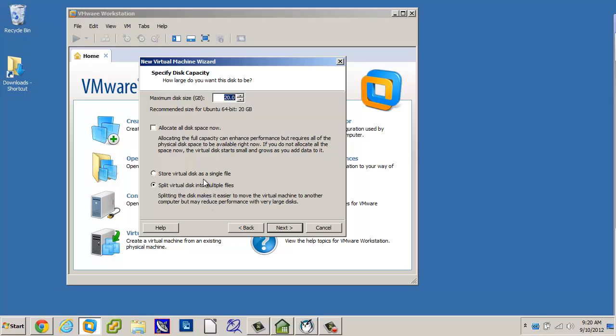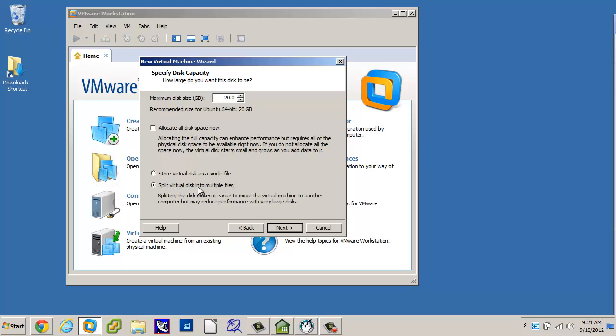It's your preference whether you want your virtual disk as a single file or as multiple files. Multiple files is nice because you have a bunch of smaller files, but the other way is you have one large file, which is sometimes easier to manage. It is actually a little bit more efficient for the virtual machine to have a single file because it's not jumping around looking for it. But on a FAT32, you have to use multiple files because the single file won't fit in that 2